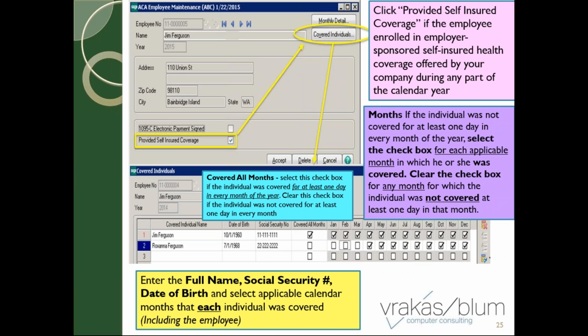So that second button was called Covered Individuals. The Covered Individuals box will become active if you click on Provide Self-Insured Coverage. Once this is checked, you click on Covered Individuals, and then the bottom screen here is a screenshot of what you will see. So the Provide Self-Insured Coverage is if the employee enrolled in an employer-sponsored self-insurance health coverage offered